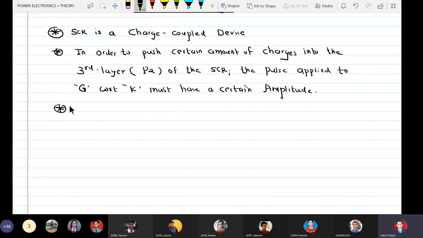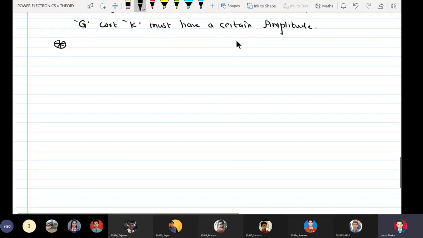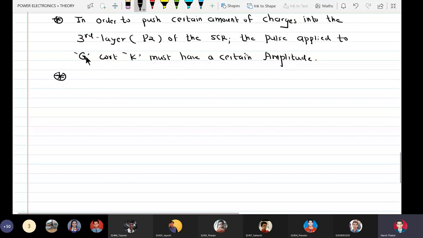Now we also know that simply having gate current greater than IGT is not sufficient. The current flowing through the device also should exceed the latching current value.